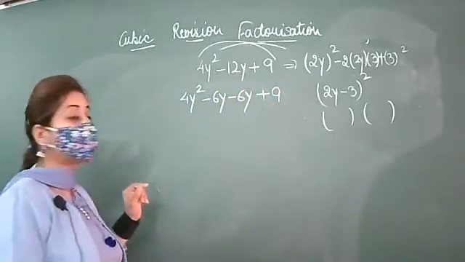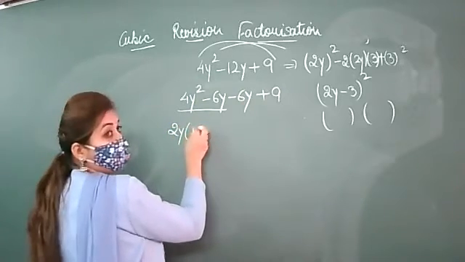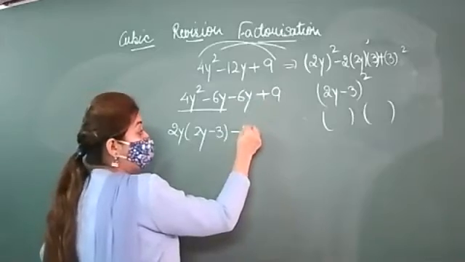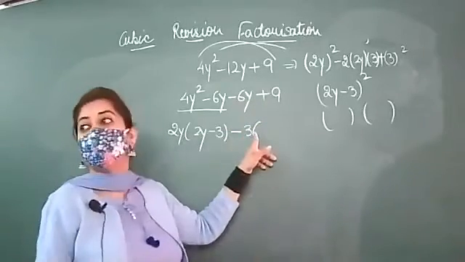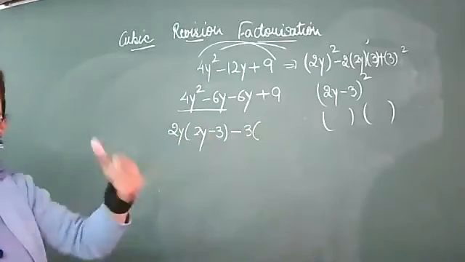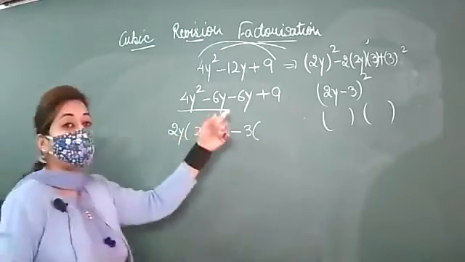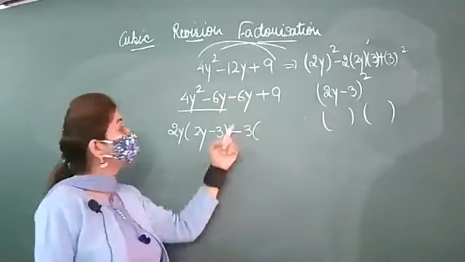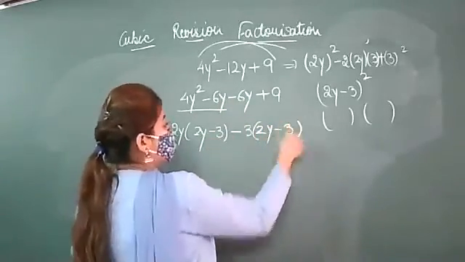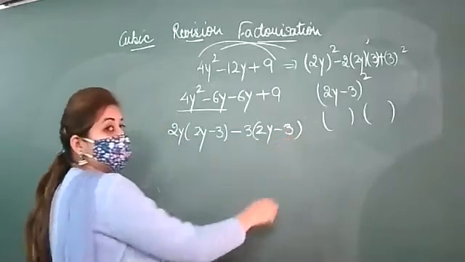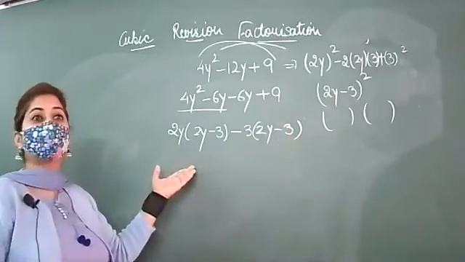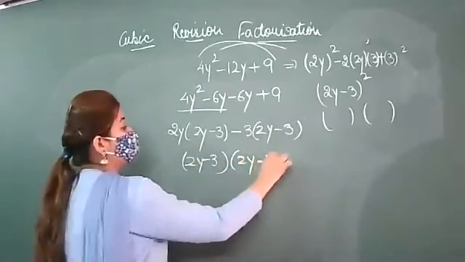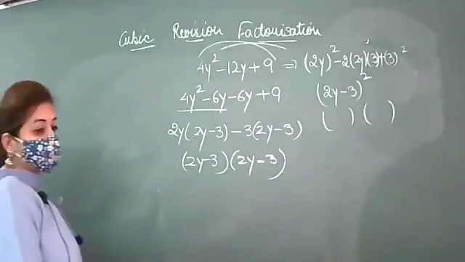Got it? Any doubt? From here you will take 2y common. You are left with 2y minus 3. From here you will take minus 3 common. In the first step you can also take plus 3 common, and after that change the sign by taking minus common. Or you can directly take minus 3 common. I have taken minus 3 common. 2y minus 3, because minus minus is plus. I am discussing this for you, the others have already done it. 2y minus 3, 2y minus 3. Clear? Next question is of division.